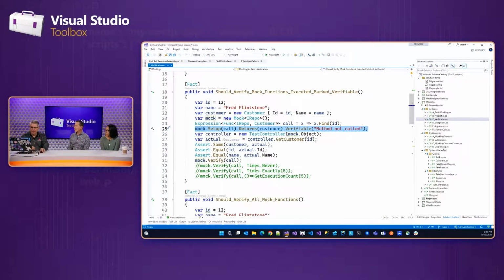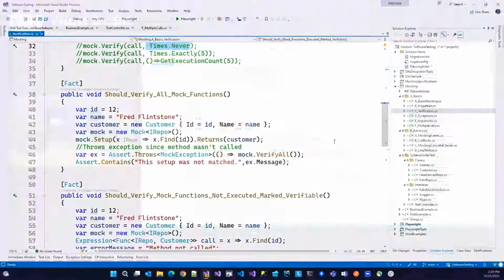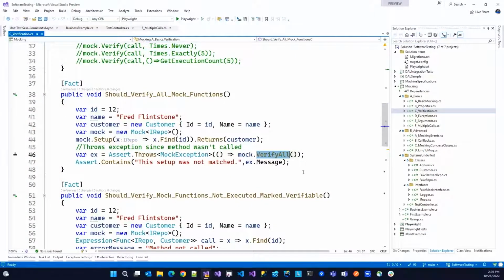If you don't care about how many times something was called, you can just call verify all. And here I have this throwing an exception because it wasn't completely verified. But instead of doing verify for each call, I can say verify all, and it'll verify every setup on the mock.